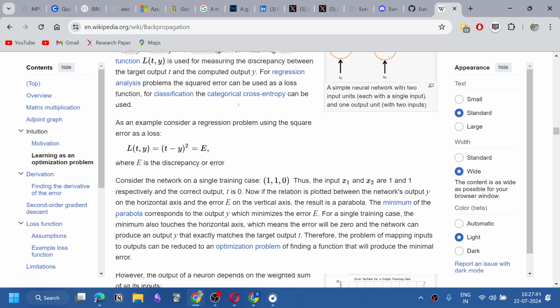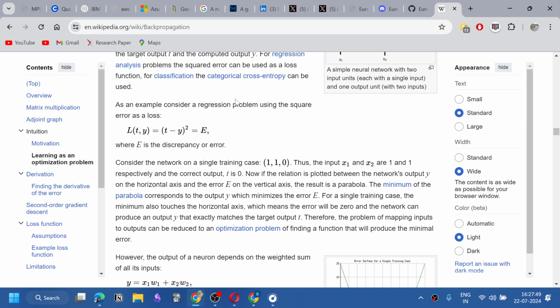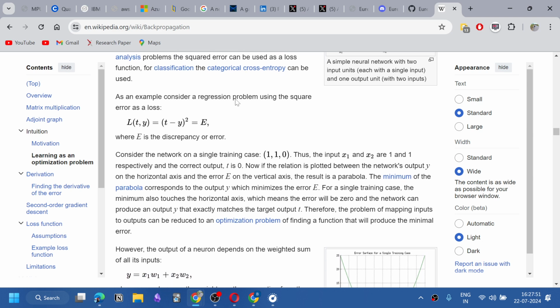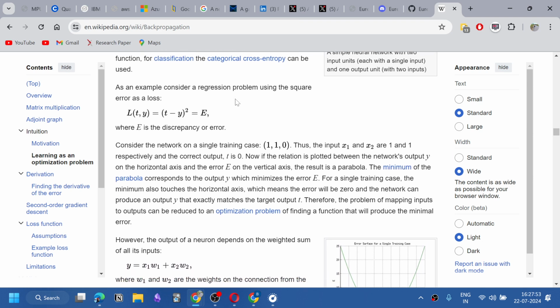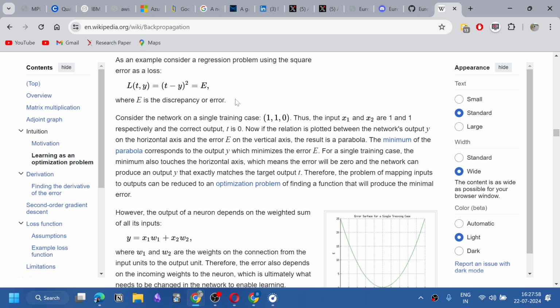For regression, the squared error can be used as a loss function; for classification, categorical cross entropy can be used. As an example, consider a regression problem using the squared error as